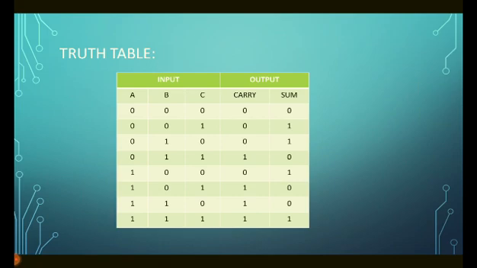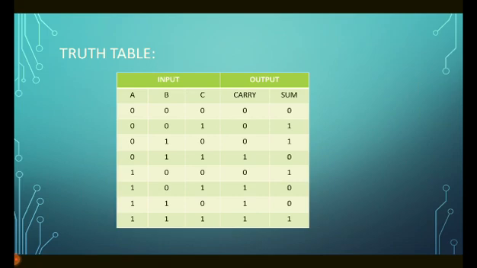And this is the truth table. So here we have 3 inputs and 2 outputs. When we give the 3 values as 0, that is the input of 3 values are 0, the output of 2 is 0. When we give input value for C, then the output value will get as sum. When we give input value for B, we'll get the output value of sum. When we give input value for B and C, we'll get the output value for carry.